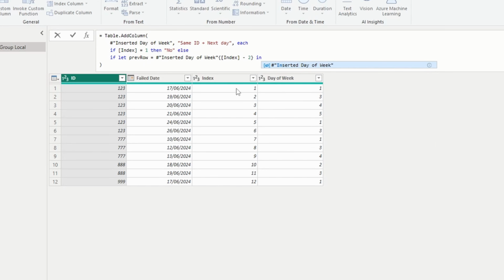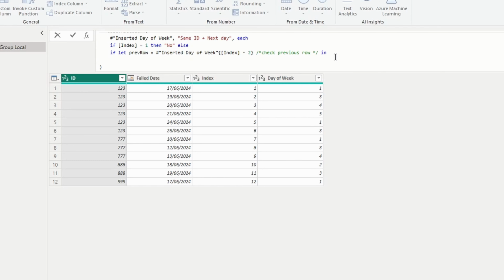Then I can say in, and we can actually add a comment here, and because I want to write something to the right of my comment, I need to use the /* syntax. I can say check previous row, and I want to extract the entire row because I need to compare the ID columns and the fail date columns. I can say in, I want to say if the ID column of the current row, that's why I don't have to write anything before. I could write the underscore, or I could change the each to something like current row, but this takes less space. So if this is equal to the previous row, this ID column,